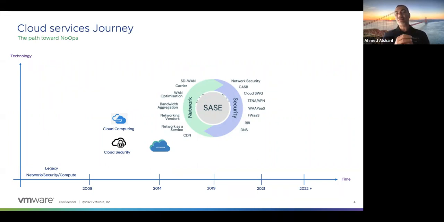Because if you read the Gartner SASE report that came out in 2019, the reason they joined these two together was to minimize the number of agents at the user side, so you have less operation, less overhead, and to make sure you have unified policy, the business outcomes that I'm going to talk about in the next slide. So the keyword here is, again, integrated solution.